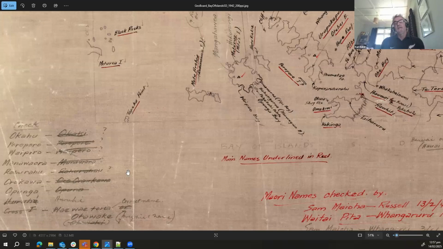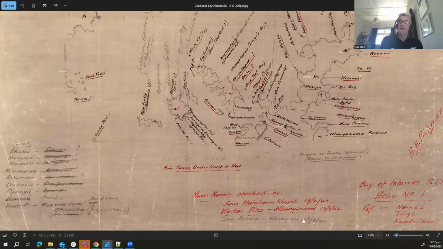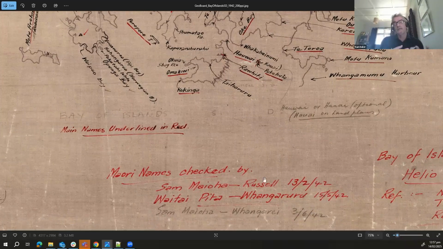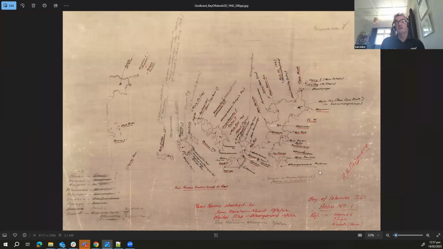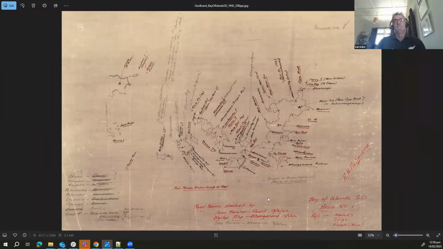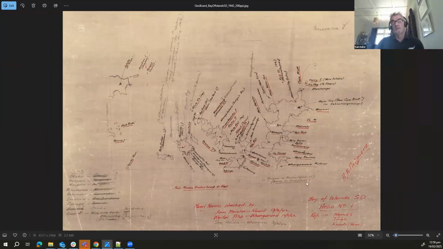So this information here is what our current maps are based on, and that's why I wanted to show that. When we put our data onto the maps now, it lasts for a very long time, and it's a very, very important document, and we need to get it right. Having this type of information of the provenance of why things are there is important. It's something that we can do these days, but we just don't have that connection to people who care about the data for certain features. Certainly around the Geographic Board they do, and that's why a lot of our names are taken from the names in the Geographic Board Gazetteer and put onto our maps, but there are certain other features that we look after ourselves.